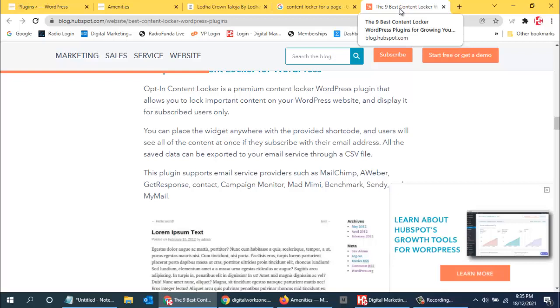So with a content locker, yes, you need to do a lot of research. You need to study and spend a lot of time on this, because if you require a new feature which is not commonly used on any website, then you need to do a lot of research. And there might be very few plugins for that also. So you can search and see. Even if I find something, I'll let you know.